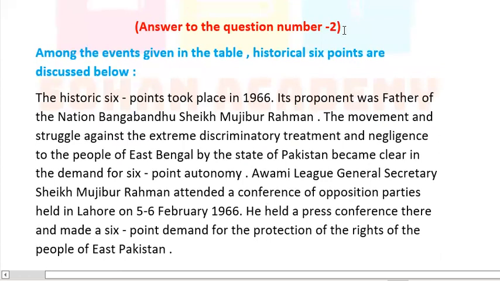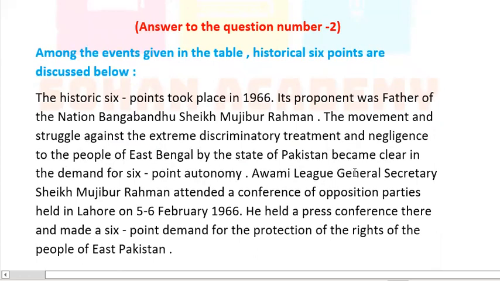Answer to the question number 2. Among the events given in the table, the historical 6 points are discussed below. The historic six points took place in 1966. Its proponent was the father of the nation, Bangabandhu Sheikh Mujibur Rahman. The movement and struggle against the extreme discriminatory treatment and negligence to the people of East Bengal by the state of Pakistan became clear in the demand of 6 point